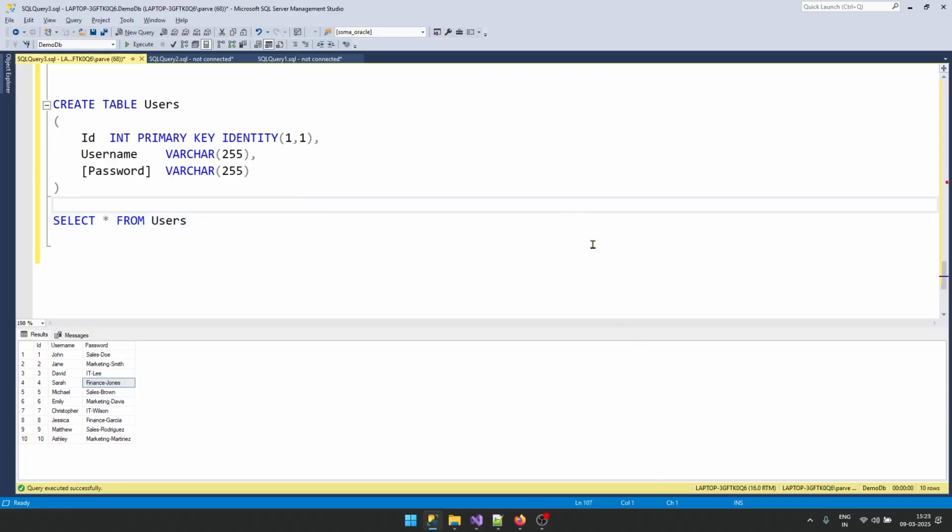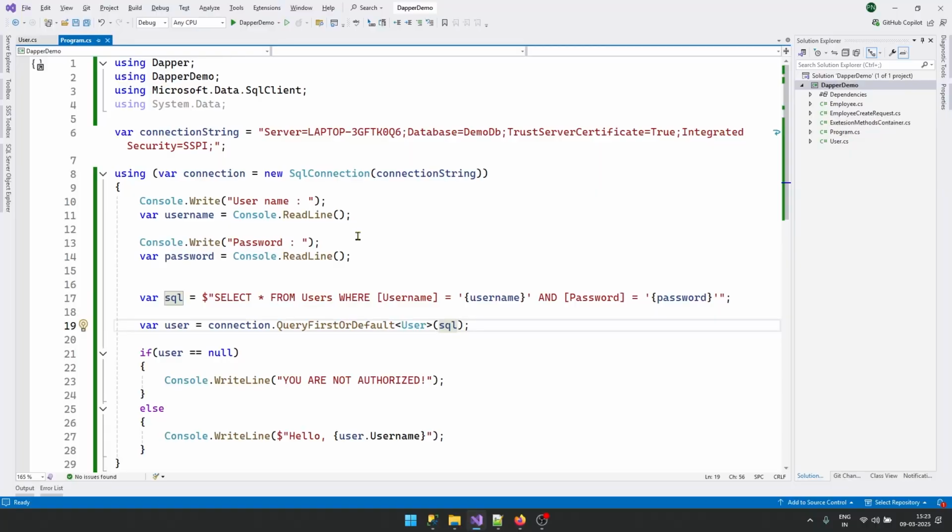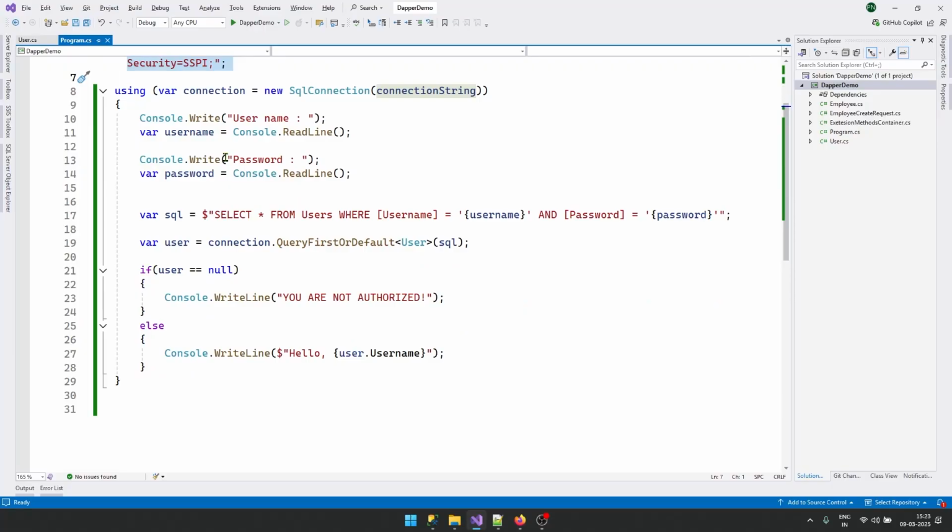Now let's see the Visual Studio setup also. Here again, I have created an SQL connection using this connection string, and I have written a very simple code. I am asking username and password from the user, and using that I will be creating an SQL query. And if you notice here, I am not using parameters. What I'm doing here, I'm directly passing the username and password to this SQL query and executing it on my database, right? And I'm using QueryFirstOrDefault to execute this query,